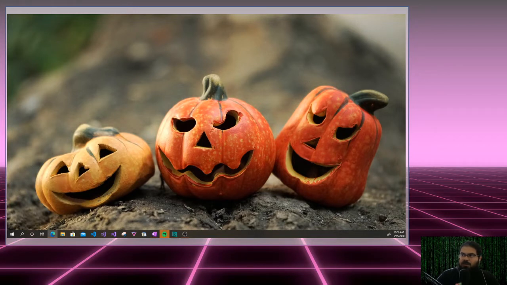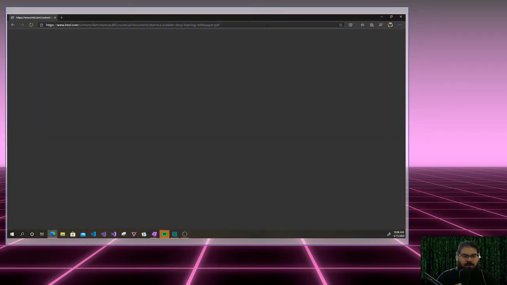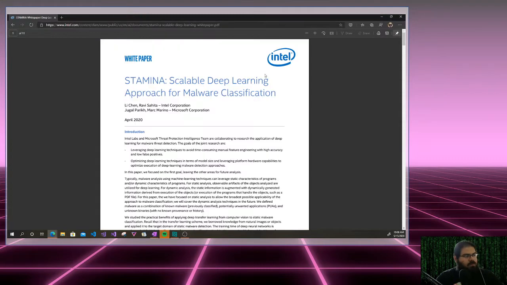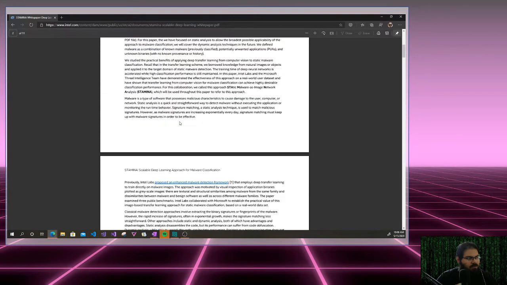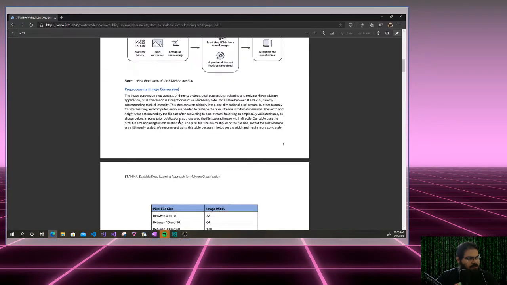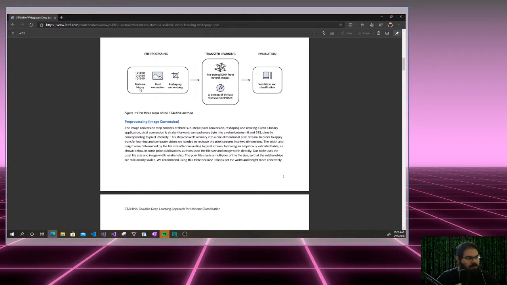So just to give a brief reminder, here's what Stamina is. Again, it's a scalable deep learning approach to malware classification. Essentially, the way that it works is you have a binary file. It's going to be a text file, a DLL, whatever. And what you do essentially is,